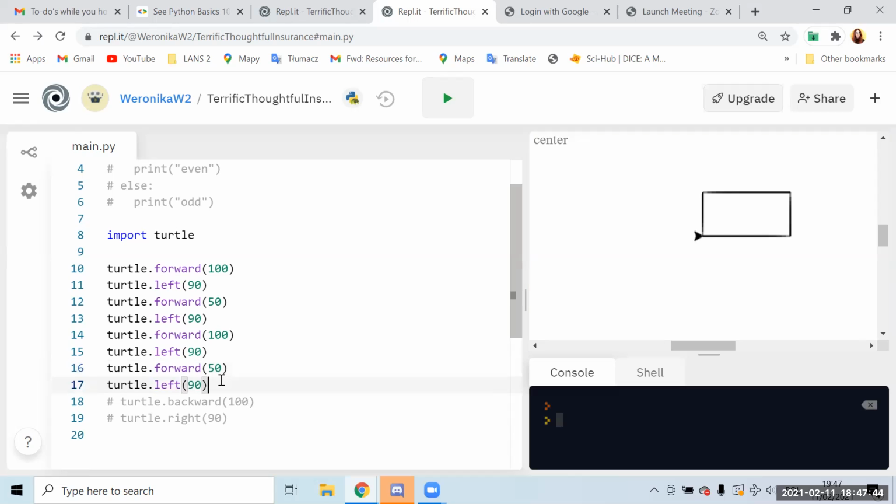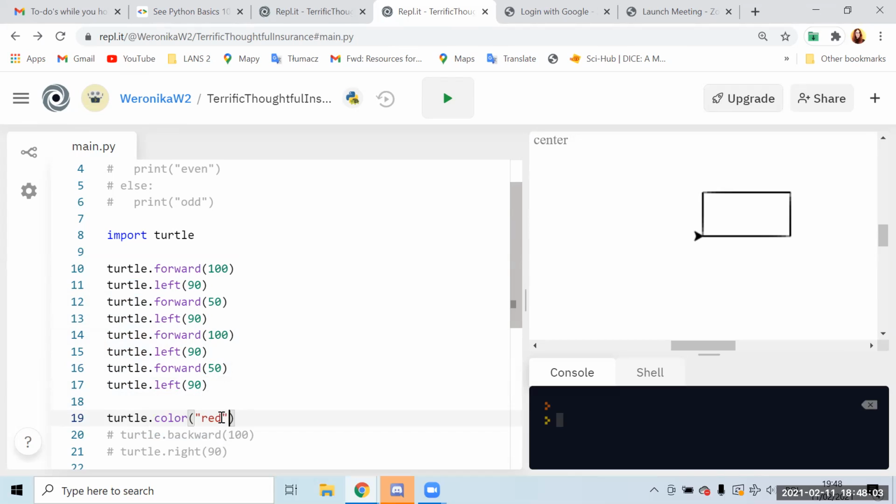And as another thing, you can also add the color. So you can have turtle color red. Sorry for the American spelling, that's how it is.